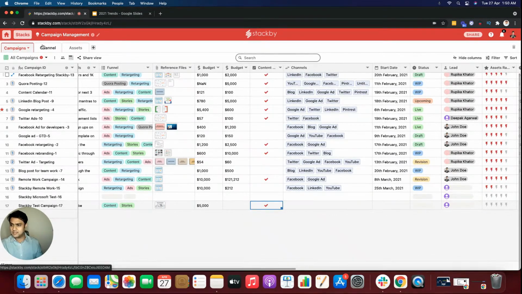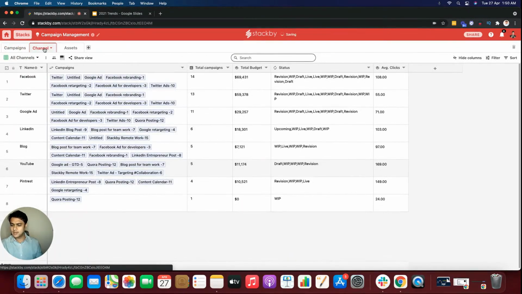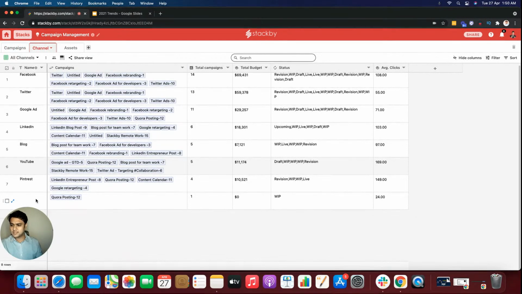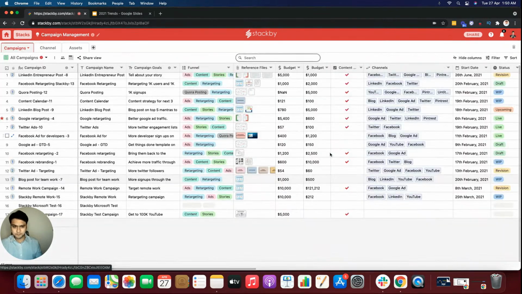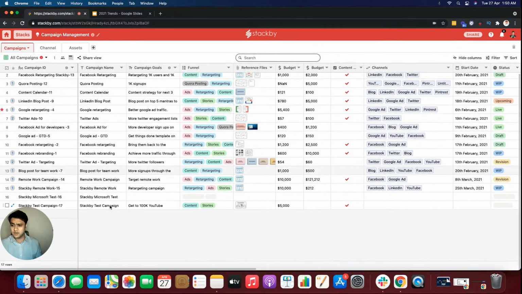So I have the campaigns table and I have the channels table. Now in this table, for example, if I add a new channel, I call it, say, YouTube. Let's just say YouTube is already added. So what I want to do is I want to link this particular test campaign row to the YouTube channel. So if I click on link row,